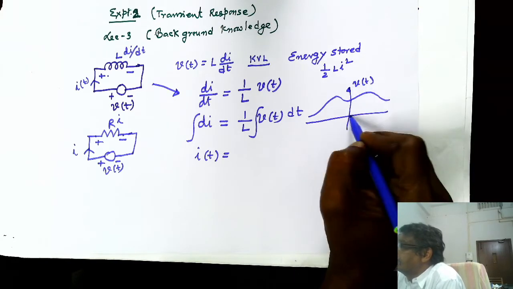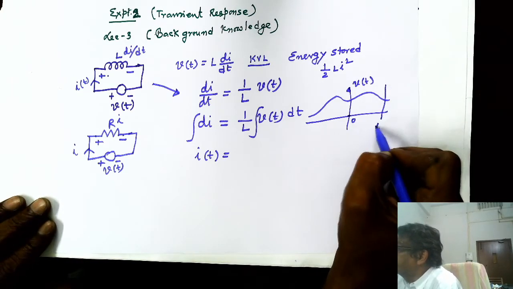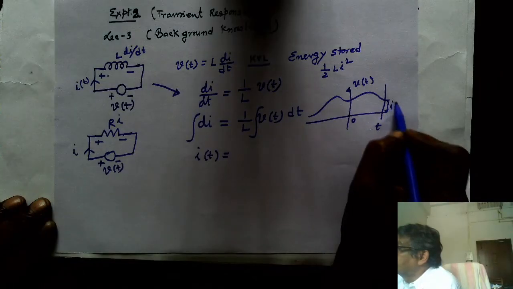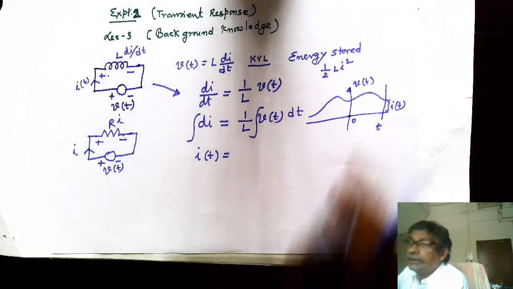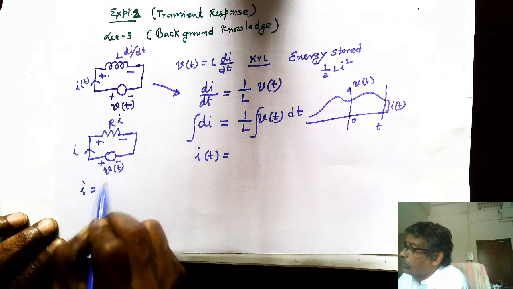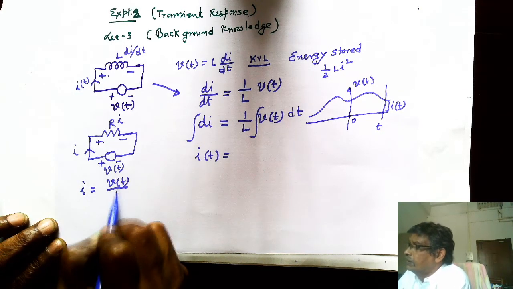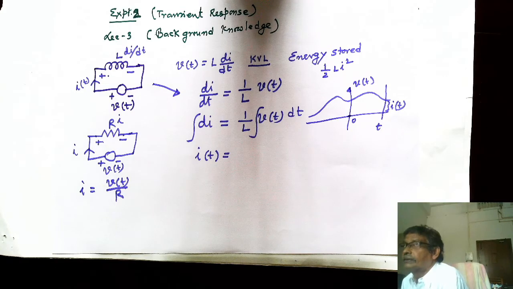This is V(t). This is t equal to 0. Now I am interested to find out the current at any time t, which is i(t). That is what I am doing. Therefore, this will be the current. Now, the problem is what should be the limits of integration of this? Look here, in case of resistance, i was simply equal to V(t) over R. So, present value of the voltage decides the value of the current. No previous voltage knowledge is necessary.